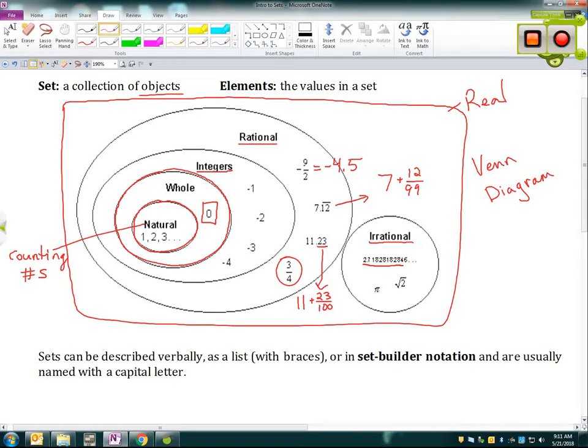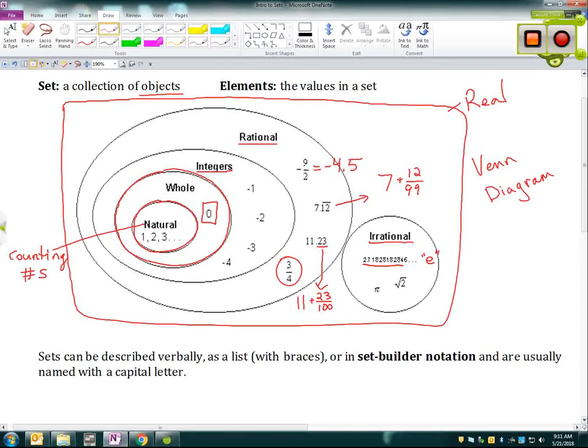So for example, this number right here, 2.7182818281. Maybe kind of hard to see, but that is actually the approximation for what's called e, or Euler's number. That is a number that is irrational because it does look kind of like it's going to repeat, but it really doesn't. It doesn't repeat and it doesn't terminate. It's a decimal that goes forever with no pattern, so it is irrational.